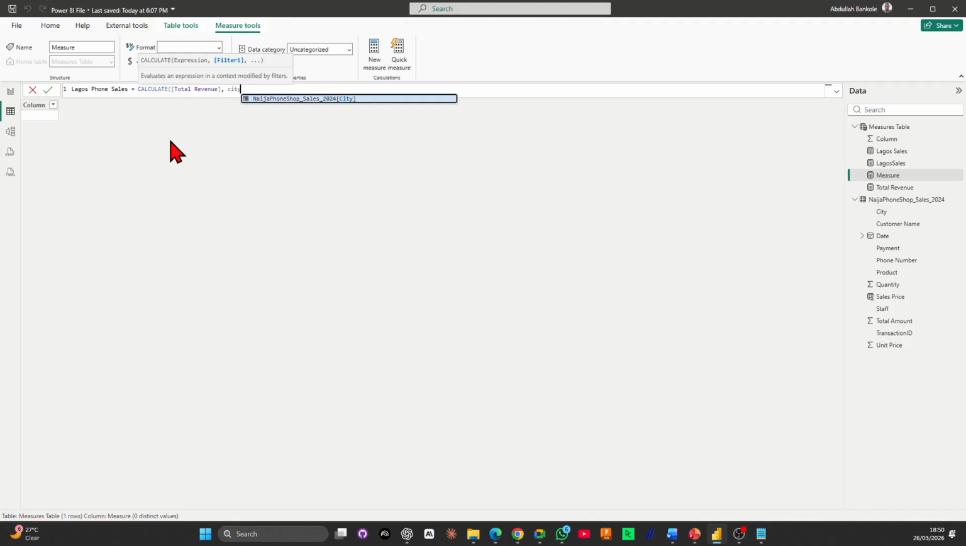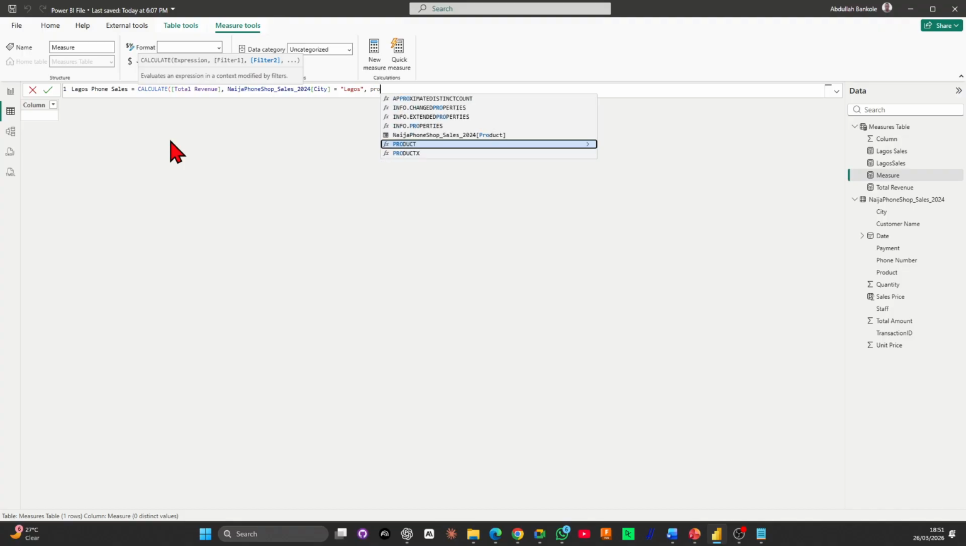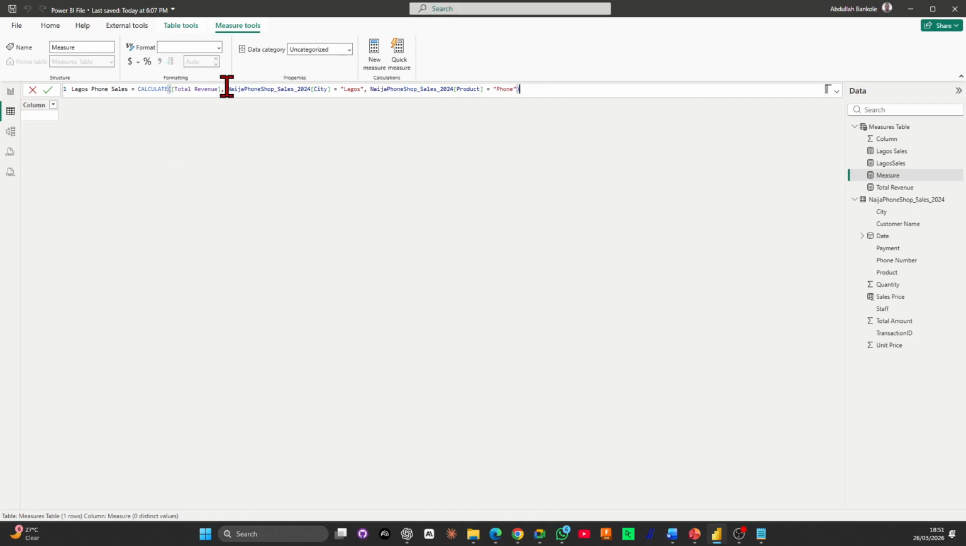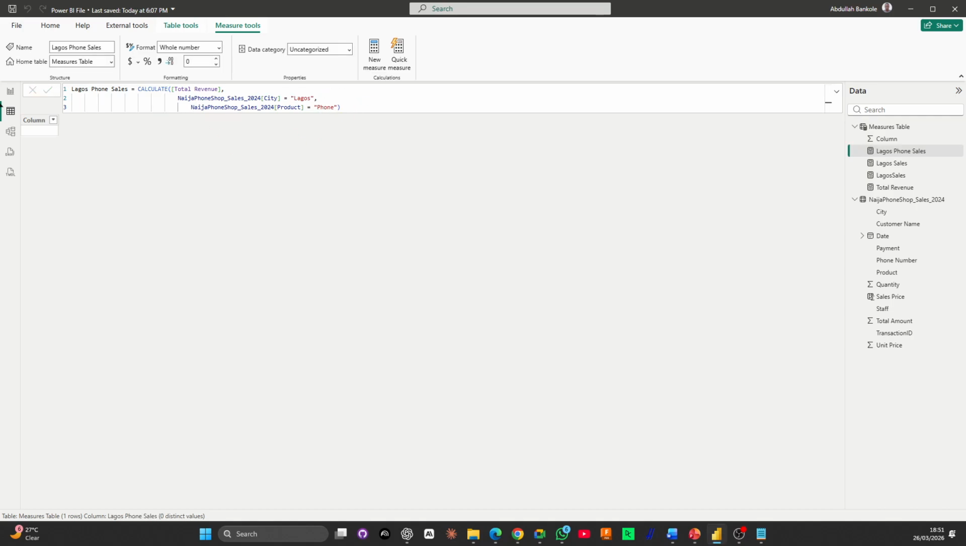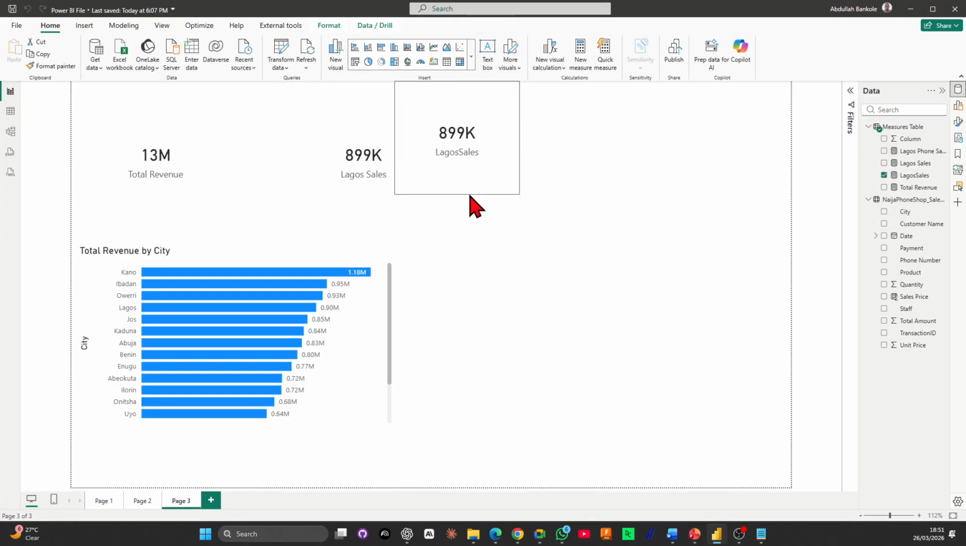We want the city to be equal to Lagos, comma, and the product to be equal to phone. Simple. Close the bracket. Now in this case, let's just quickly format it. So we have 2 filters in this place. The first filter is the Lagos, the second one is phone. So let's see. Good. So when I come here now, when I bring in the file, for example,